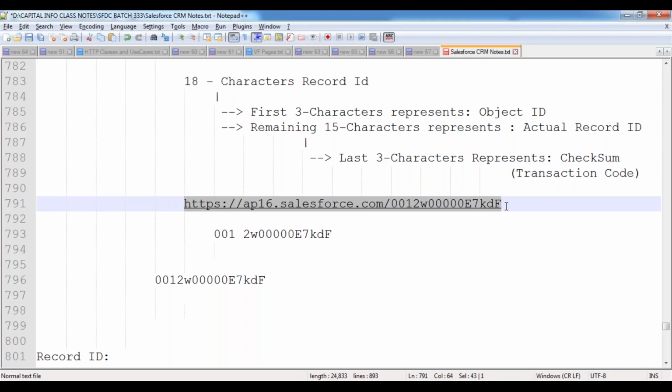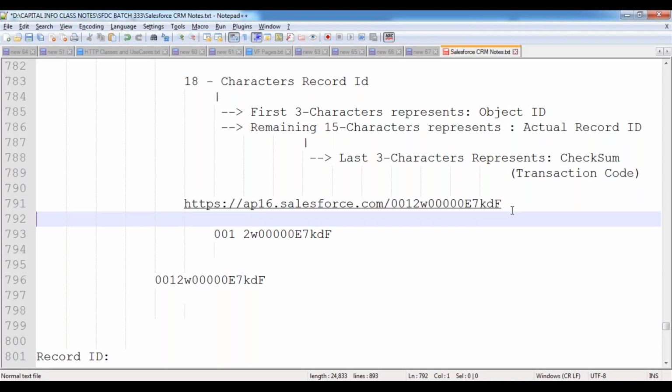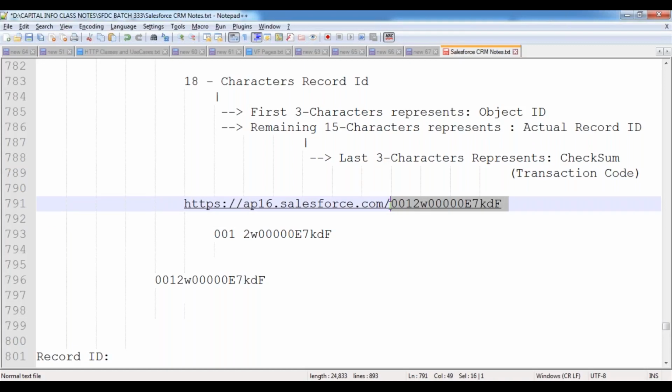If hackers know the complete information, then it is easy for them to hack the data. To protect that information from unauthorized people, and to protect your data from hackers, Salesforce does not provide the complete 18-character ID inside the URL. Only the first 15 characters will be visible. The last 3 characters will not be visible to you because of security reasons.